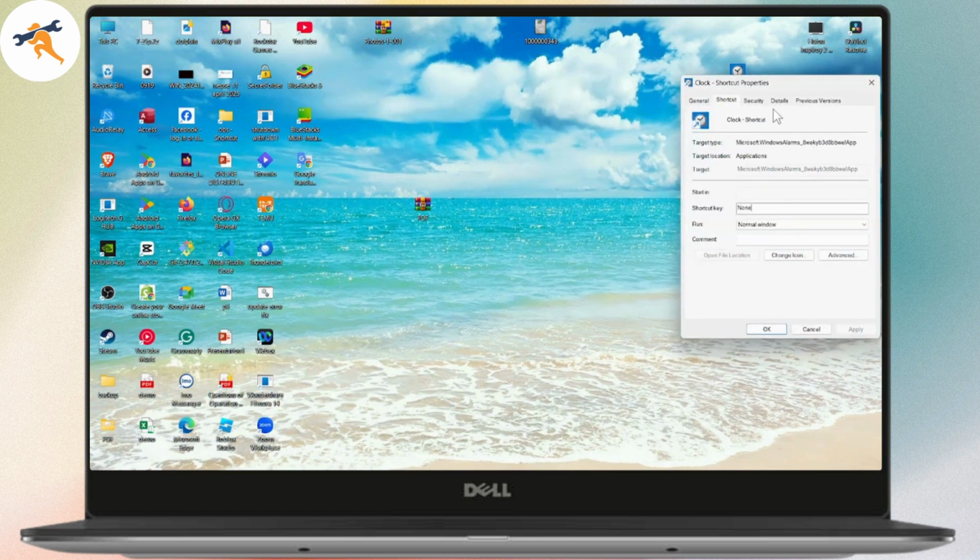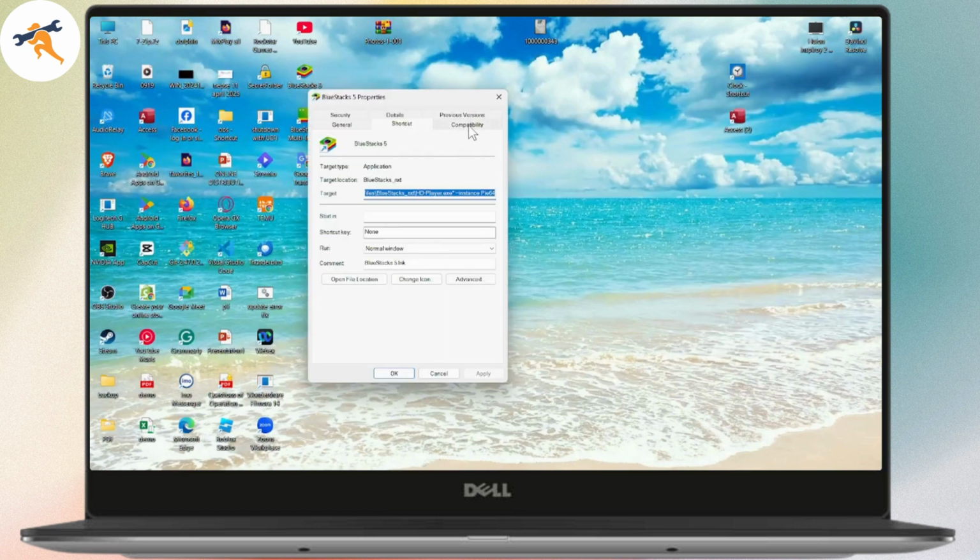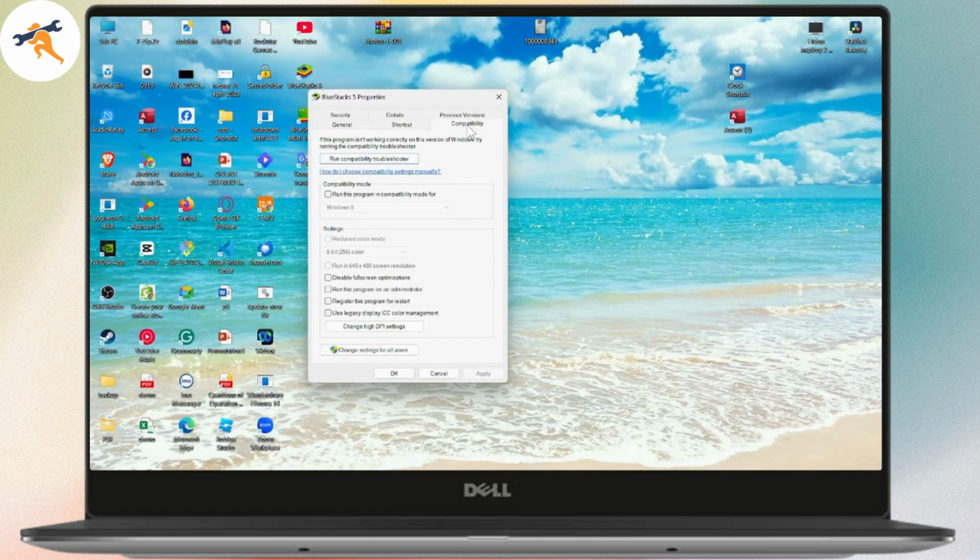You can go with Properties, and then you will have the Compatibility section in your Properties. So you just need to simply go with Compatibility. You'll have this Compatibility tab right here. Just go with Compatibility. And here you need to check the box, which is run this program in compatibility mode